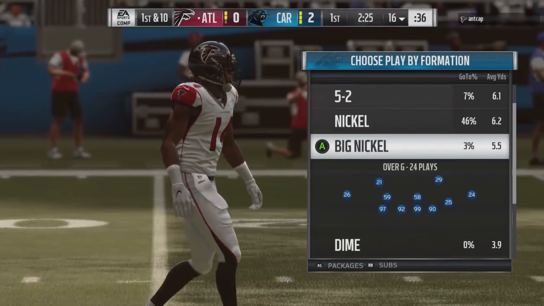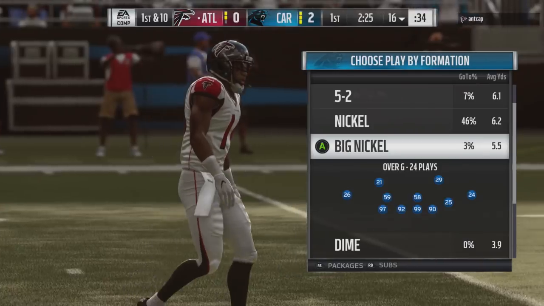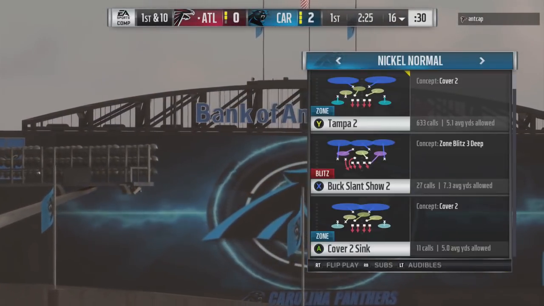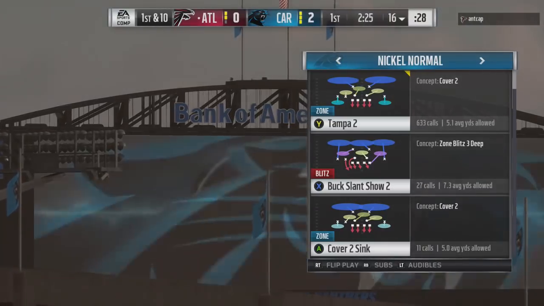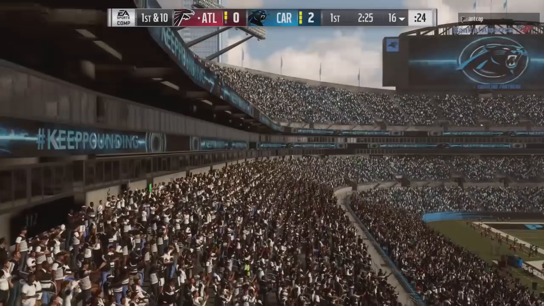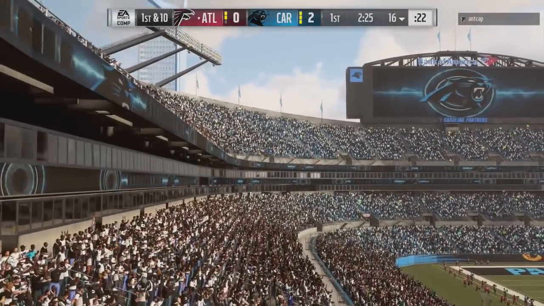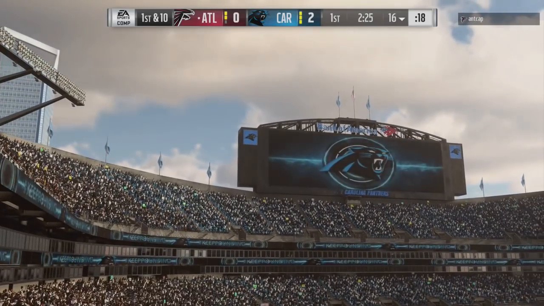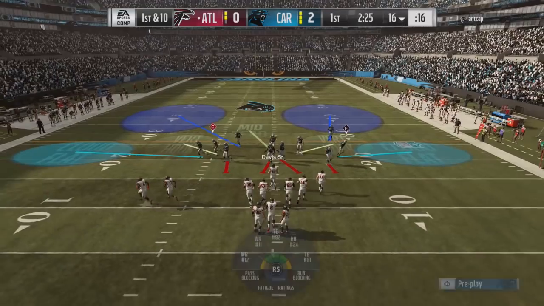Now, I don't have the nickel 335 in my playbook right here, but I'm about to show you essentially the same concept of why the 335 is so popular. I'm going to go ahead and call nickel normal. I'm going to call Tampa 2. You can go ahead and run that inside zone call that you wanted to call before the safety. And we're going to explain run fits and why this makes the game so unbalanced in the defensive favor